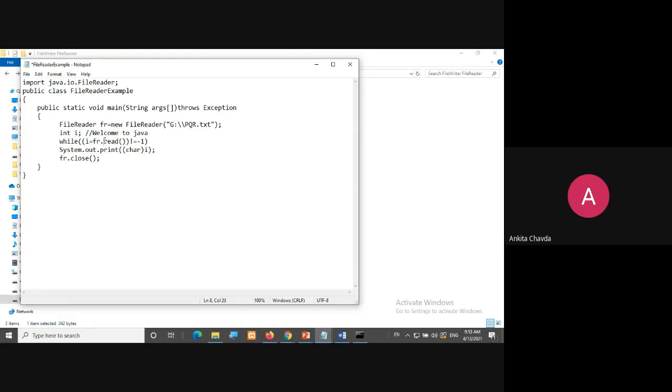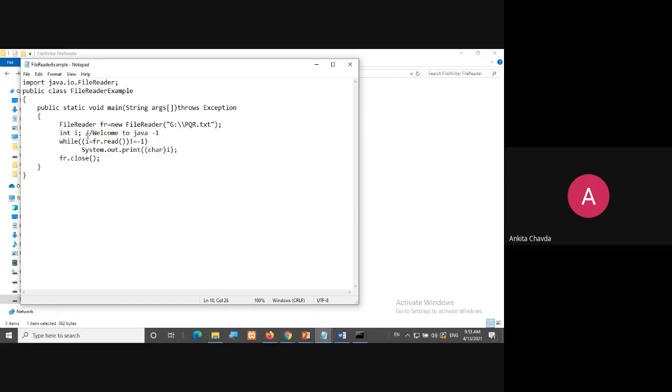Generally, I am reading just with the method read, with the object of that class, and it will be stored in i. And now I'll check that the value of i is not equal to -1. Meaning if I am having some ASCII values, till then it will not return -1, but at the last it will return -1. So till then, this while loop will be executed and it will print the characters onto the screen. I'll convert this ASCII form again into a character and it will be shown on my screen. I'll close it. So that's it.